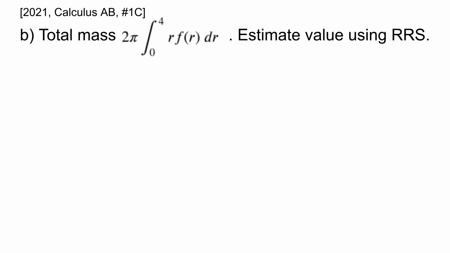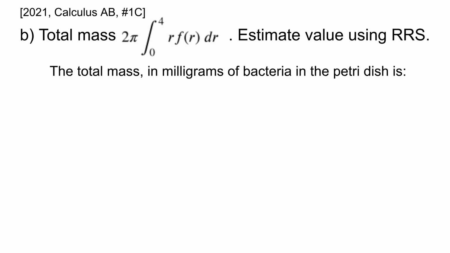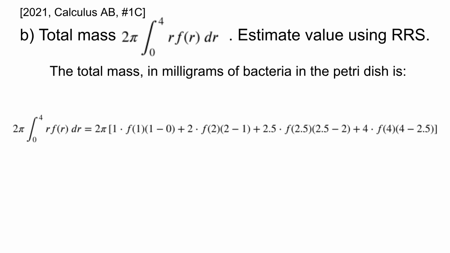In part B of this question, we are given that the total mass of the bacteria is given by 2 pi times the integral from 0 to 4 of r times f of r dr, and we are asked to estimate the value of this expression using a right-hand Riemann sum. So the total mass in milligrams of bacteria in the petri dish is given by the following. 2 pi times the integral from 0 to 4 of r times f of r dr, which is going to